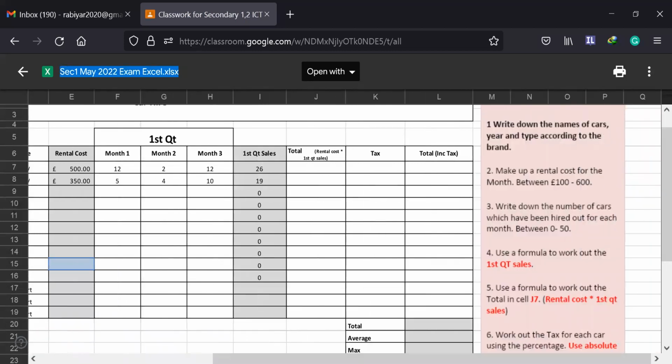And number 3 is write down the number of cars which have been hired out for each month between 0